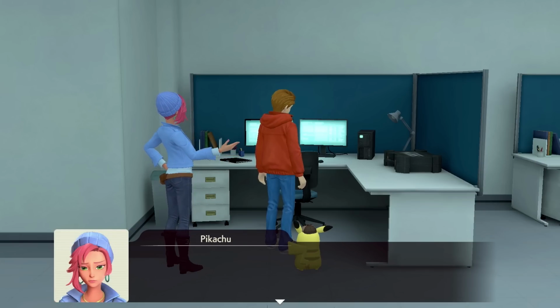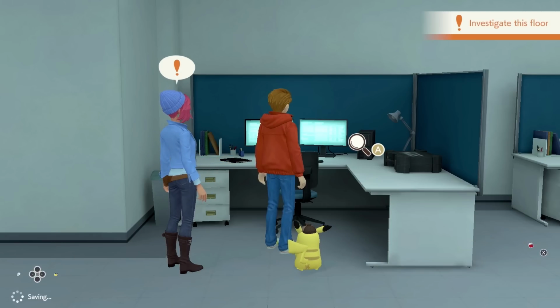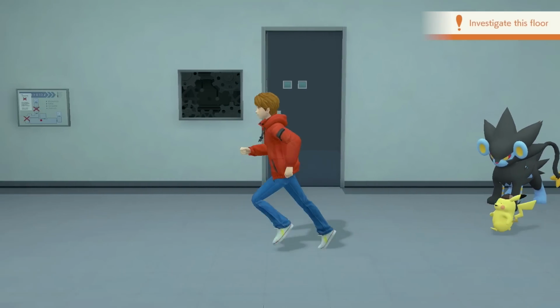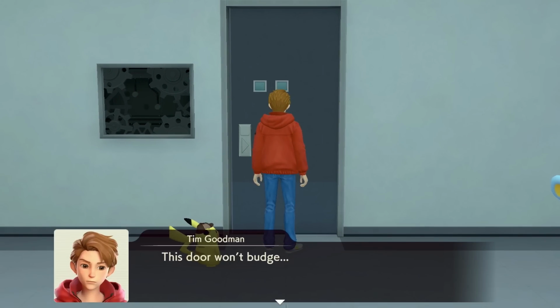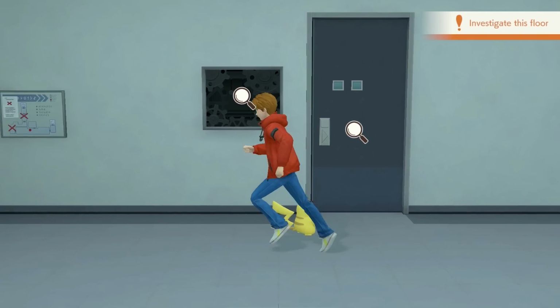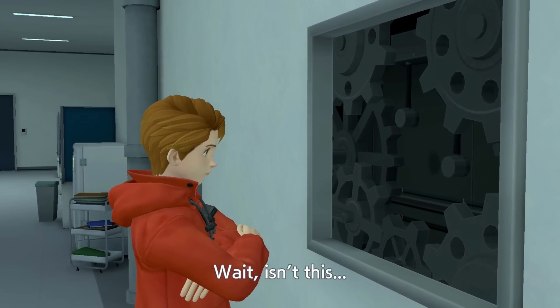No, how could Papa allow this? Need to figure out what Howard's thinking. Right. What else do we want to do? What's this door? Right, so we need a gear. So I guess we can find a Klink. Wait, isn't this...